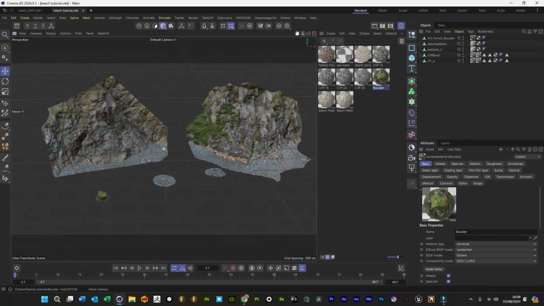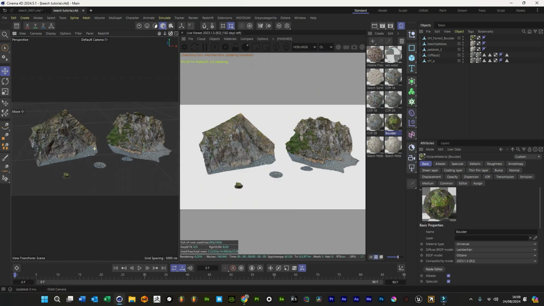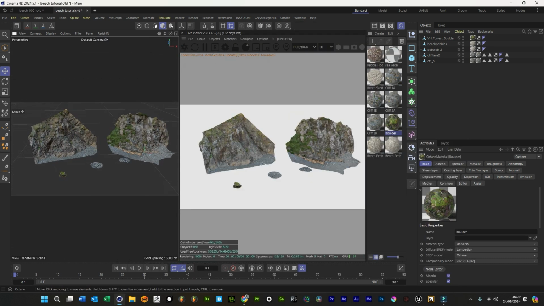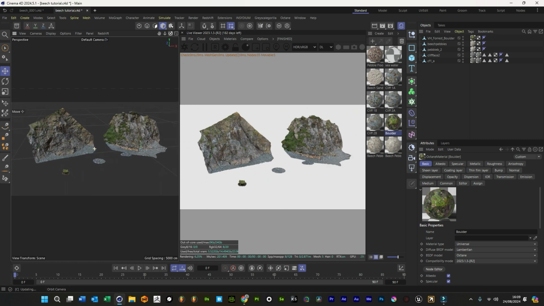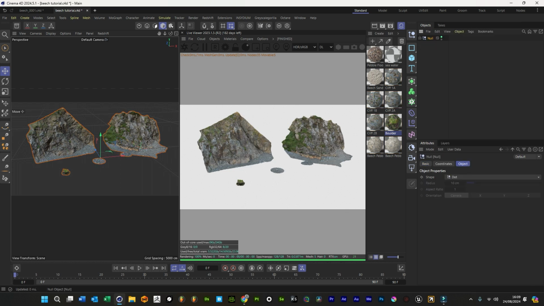When we get into our scene, we'll just see that we set up a new Octane scene. As you can see, the assets are now imported into Cinema 4D, ready for creating the scene. For now, because these are just nice detail pieces, we'll just turn these off and just focus on getting